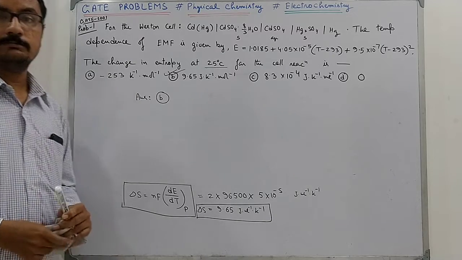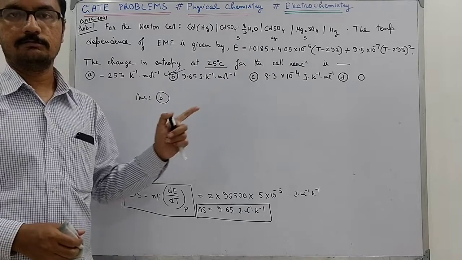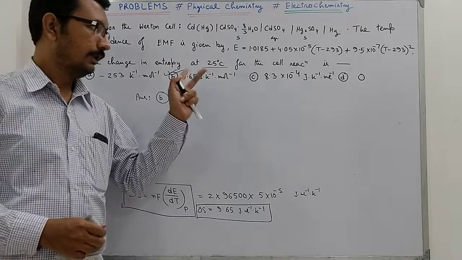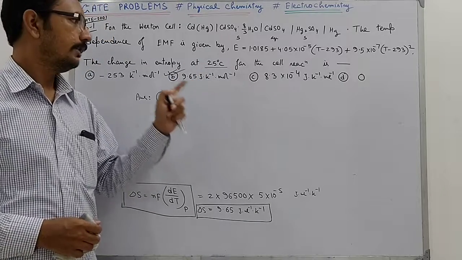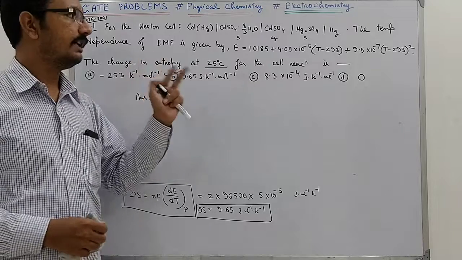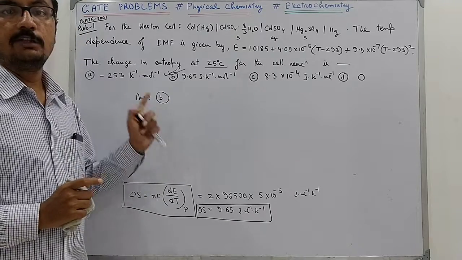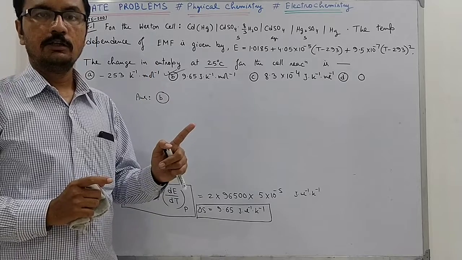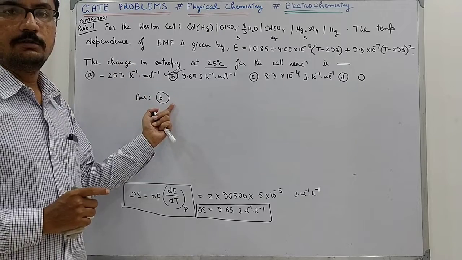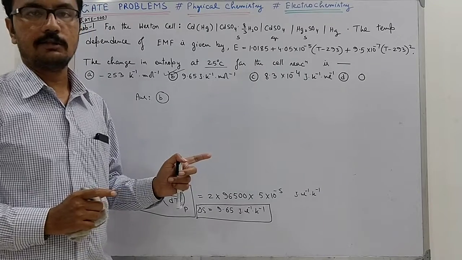Now in competitive exam, you have only 30 seconds to read the problem, not more than that. To read the problem, to understand the problem, to recall the expressions which will help you to solve this problem, for the entire process, you will have 30 seconds. Now to solve the problem and to bubble up, you will get 1 minute only. So from starting reading to bubbling up, you get only 90 seconds. So you have to be very fast in competitive exam.